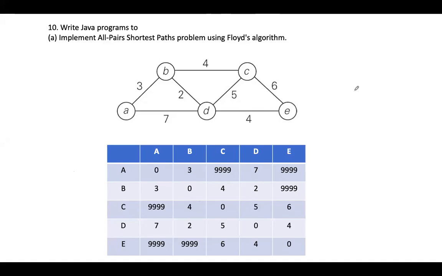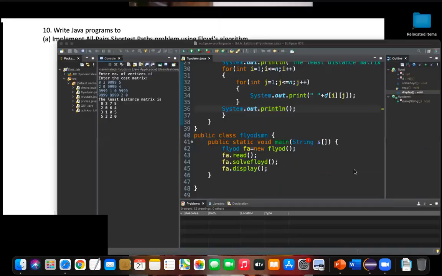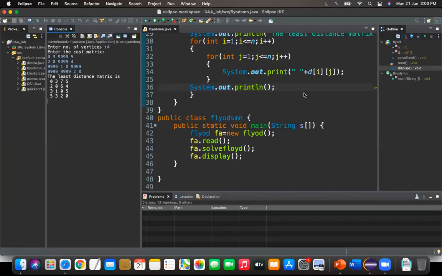So what's wrong? Why will it not work? It has to work, right? I have given the distance between a few vertices here that is present in the matrix. What Floyd algorithm will do is try to find out the minimum distance between each and every vertex. Okay, let's see whether our program will work or not for this input for an undirected graph.